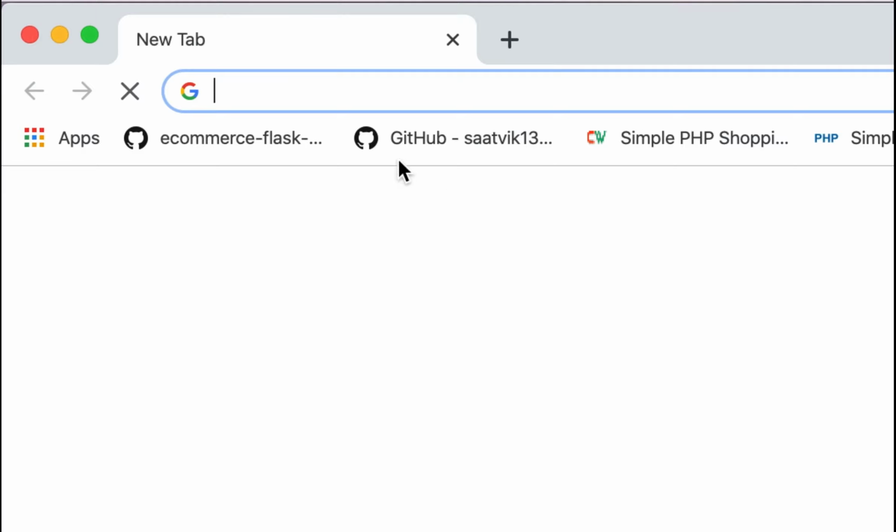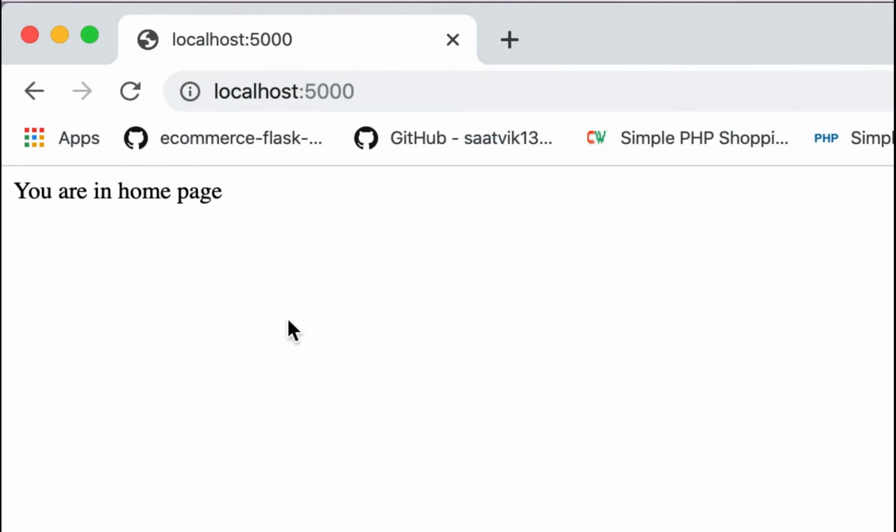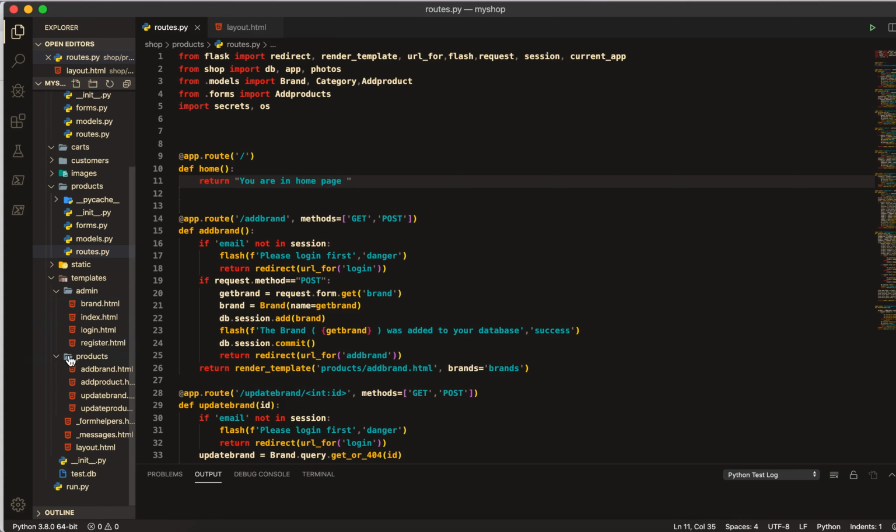If I go here now to localhost, you can see this is the home page, and now let's start, and then come here to the product route. Here you can see this is our home page. First of all, I will make here, inside of the products folder, a new file, and I will give it the name